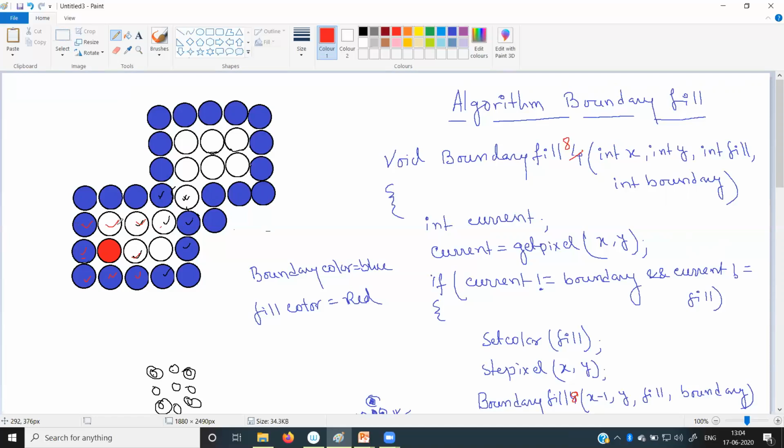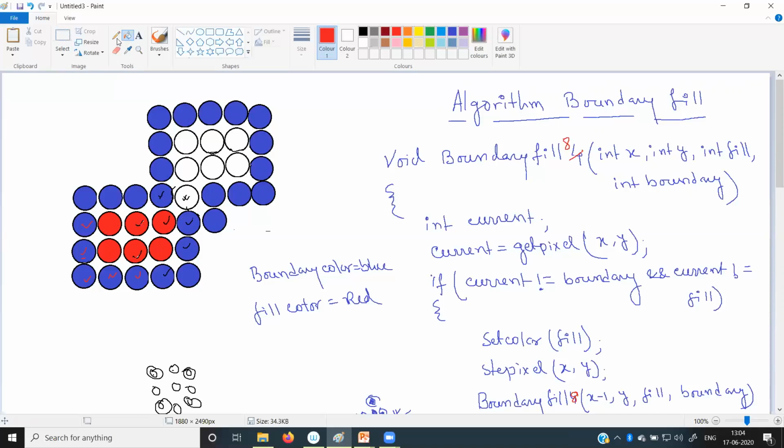So here only 3 pixels will call the function, and they will fill themselves by red color. Each pixel recursively calls all its 8 nearest neighbors. So this pixel will also call its nearest neighbors, and based on that, these 2 pixels will be filled up.